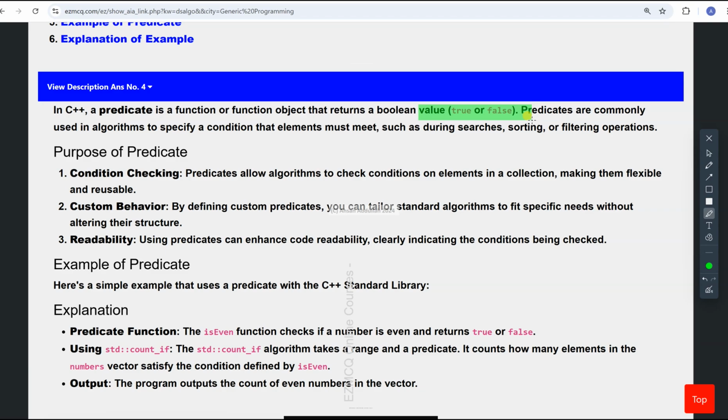So if, for example, I have to make a decision in the code and it requires a boolean value, then I will use a predicate. It is for condition checking, allowing the algorithm to check conditions on elements in a collection, making them flexible and reusable. It has custom behavior also. We can have custom predicates to tailor standard algorithms to fit specific needs without